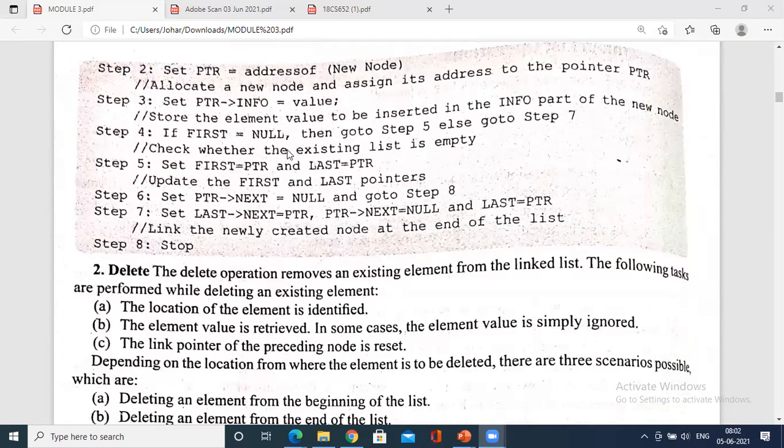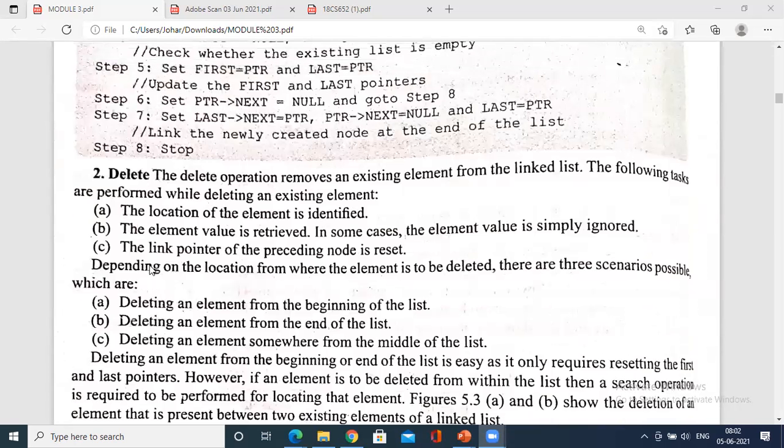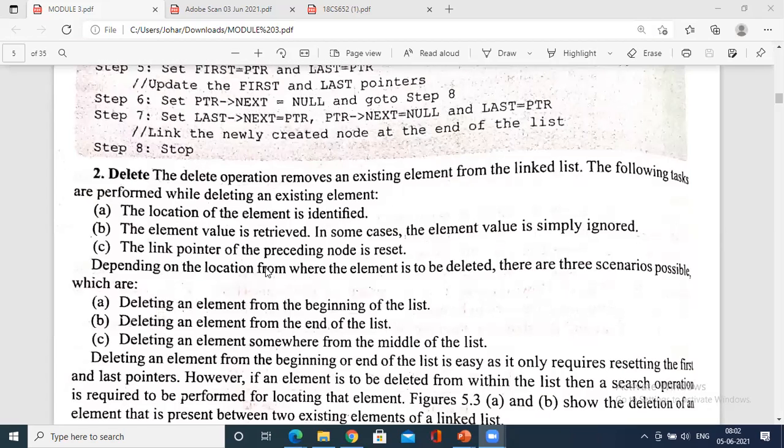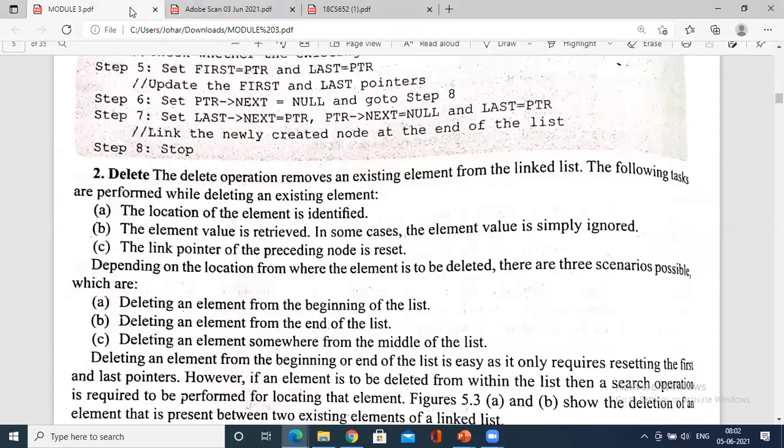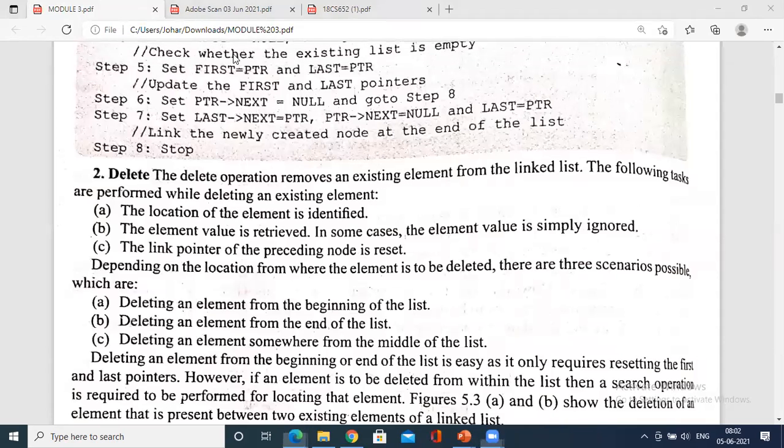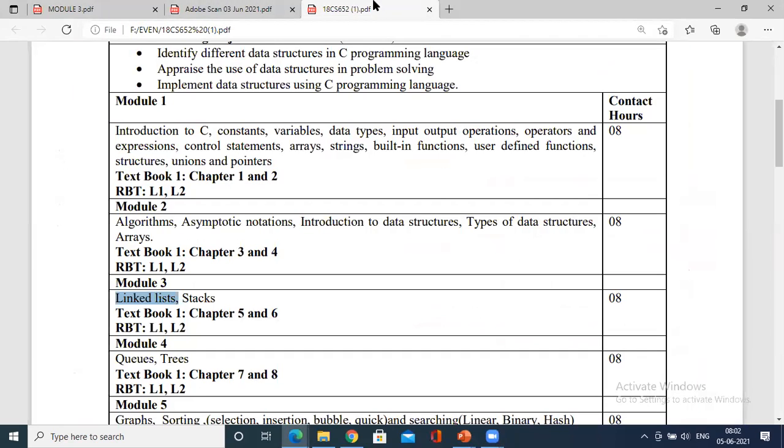You could give the attendance in the chat session so that today we'll wind up the session. Today we have seen only the theoretical part. The programming part we would see next week. Remember, we have just started the third module. This is the second session. We will not go in depth with all the insertion in the case of circular, double, or single. We will see one case, proceed further, and go to the concept of stacks.